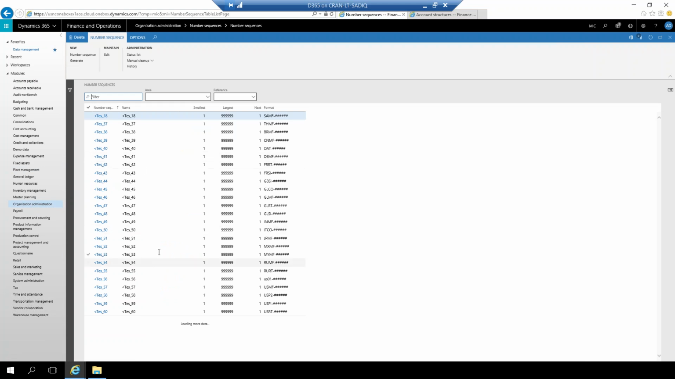These are the number sequences which are already created. You can add new and you can assign to your area. But there is another button called generate. If you click here,